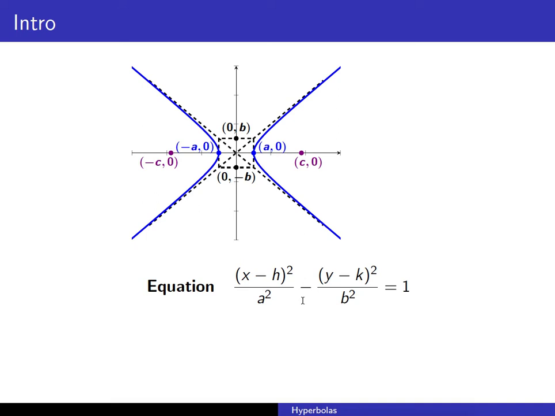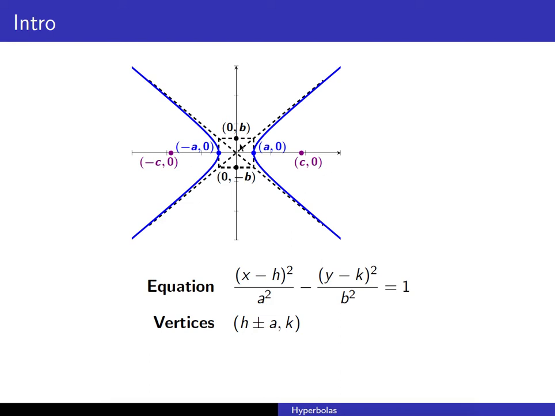So the biggest difference between equations of ellipses and hyperbolas is that, as far as left and right and up and down, it's what's positive. Also notice that we switched it from a plus for ellipses to a minus for hyperbolas. Your vertices are still going to be a units away from the center, so (h, k) is your center,